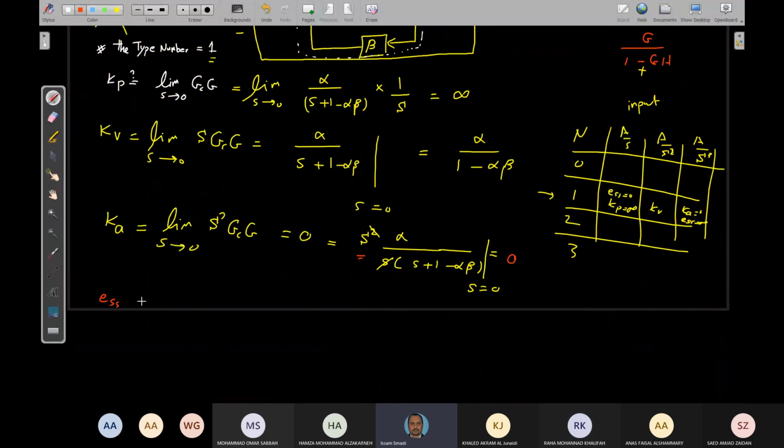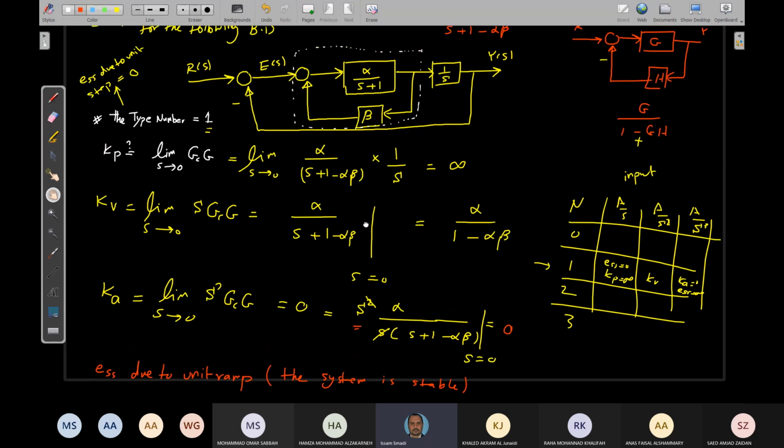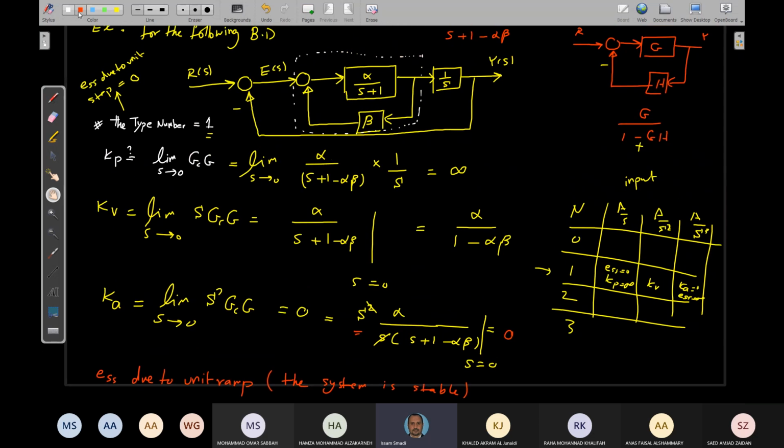Okay, so now who can give me the steady state error due to unit ramp? Now, under the assumption the system is stable. Because you know that if the system is unstable, there is no meaning actually for the type number, and there's no error signal. The error signal will go to infinity. The system is stable. Or if I need to, let's say, neglect this one,